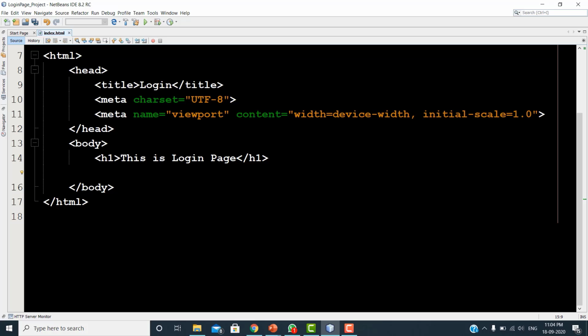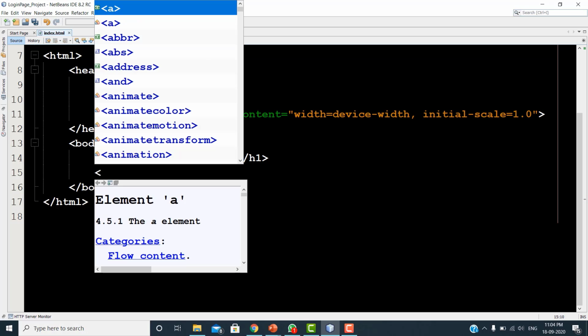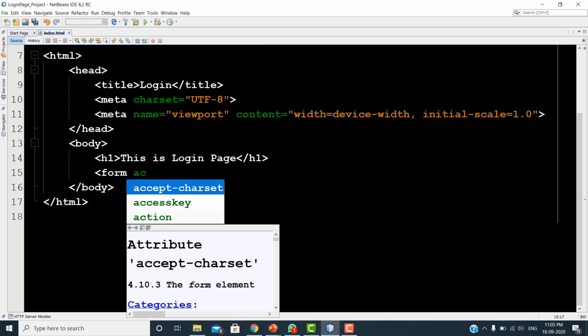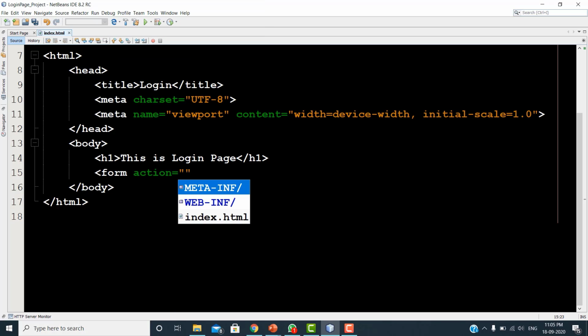So first, create a project in your NetBeans. After creation is done, an index.html page will be created, right? In that index.html page, you write your login code. So I'm writing here. First you create a form, with action equal to the page that validates this login, so for that I'm taking the